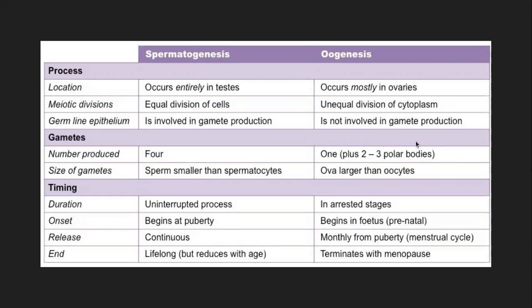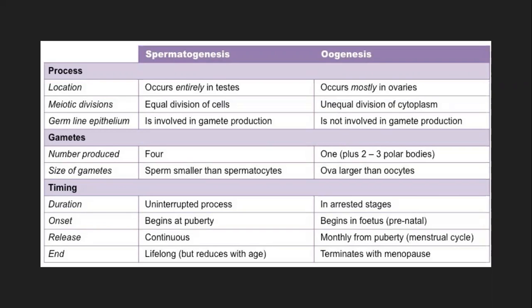Sir, in the germline epithelium in oogenesis, isn't the germline epithelium the innermost layer of the ovary? Not the innermost layer, but you remember, ovaries are located within a certain structure. And if you compare the seminiferous tubules' structure and the ovary structure, they are drastically different. Within the testis you have subunits, that is seminiferous tubules in lobules and so on. In ovaries there is the outermost layer, and within that there is a germinal epithelium.